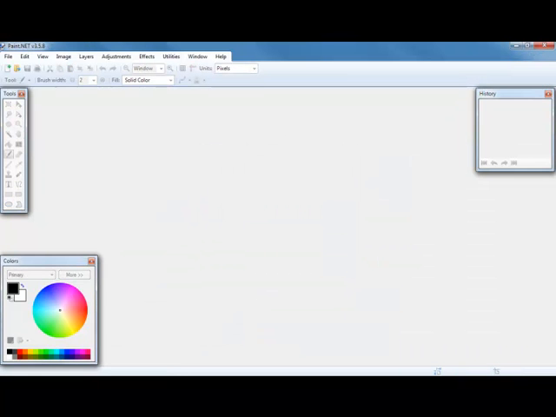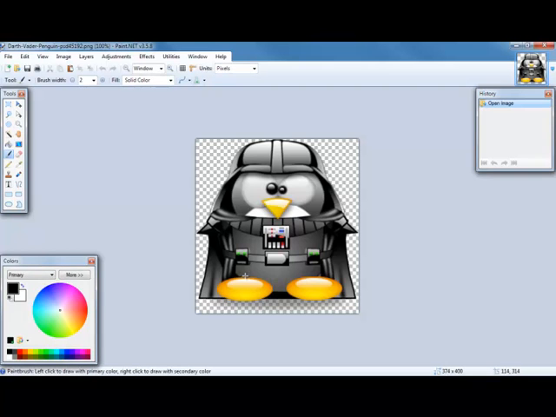Actually, I'm going to bring in a different one to start with. I'm going to follow my notes here. Let's bring Darth Vader in again. Here he comes. Okay. This image, you can see, is a PNG, and remember from most of my other classes,